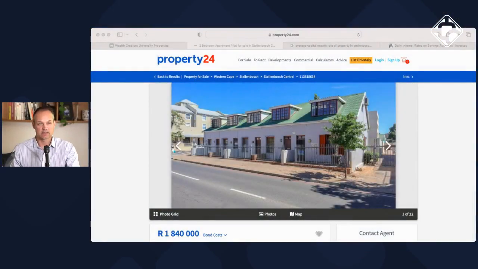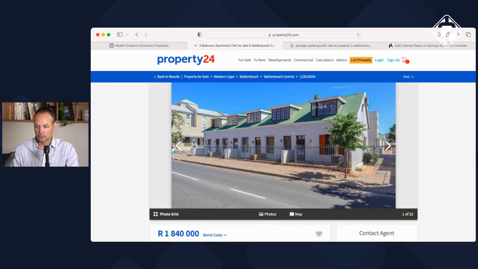So I currently reside in Stellenbosch in South Africa. Stellenbosch is a fantastic, quaint little town nestled in the area they call the Boland in the Western Cape. They've got a university, so it has a fantastic property market because every year you have this vast number of students flocking to the town to attend the university, and for that reason there's constantly a demand of new people moving to the town, people that come here to study and then potentially don't leave, they just stick around.